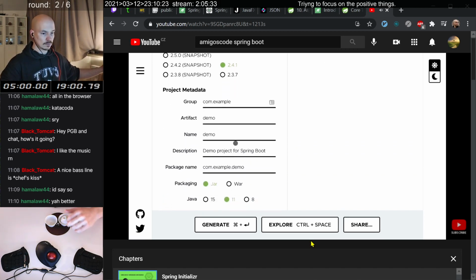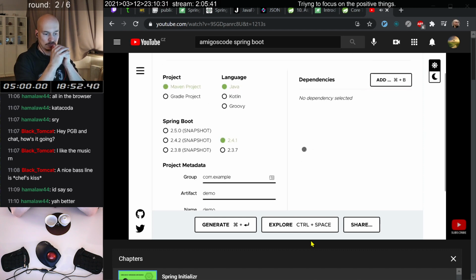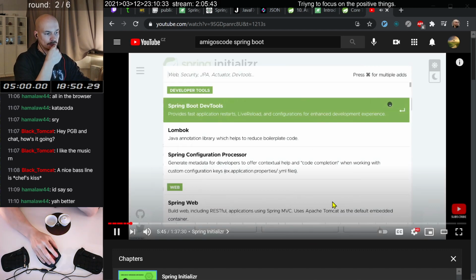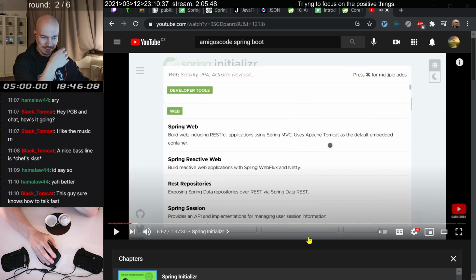So I'm just gonna leave everything as default. And for packaging, go ahead and select jar. This is the most common packaging type for Java applications these days. And then for Java version, I've got the 15 installed, so I'm just gonna select that. And now let's scroll up. And right here, let's go ahead and select dependencies. In here, we can pick dependencies that our project needs. So this list is quite